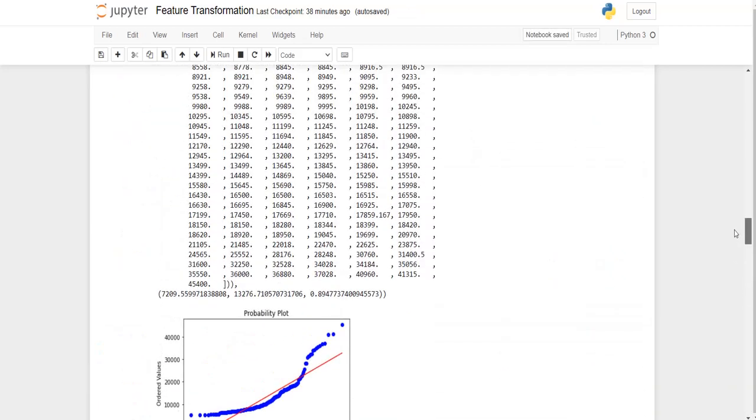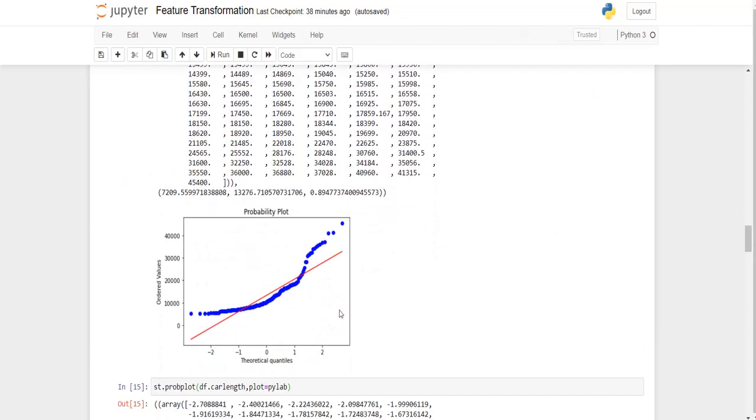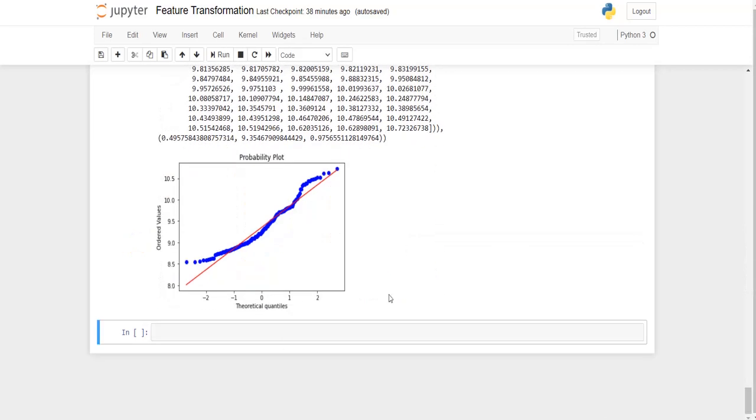So now this is the original QQ plot of the feature price. So this is the QQ plot of the log transformed feature price. So you can find when compared to the original feature price, most of the data have fallen in the straight line when compared to the original data.